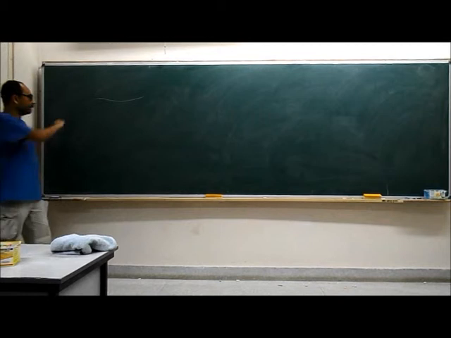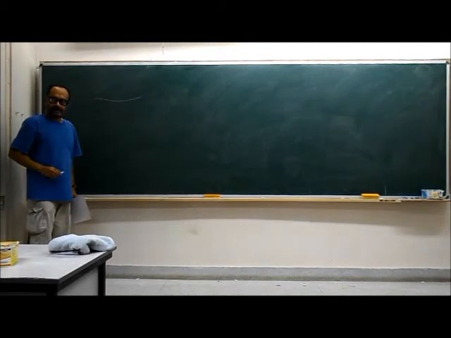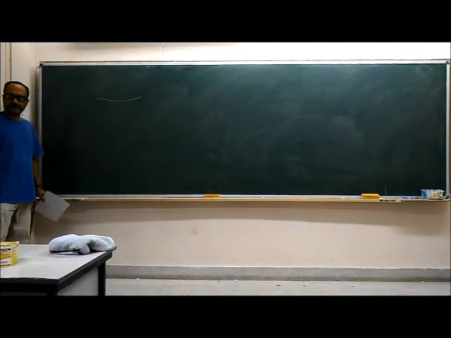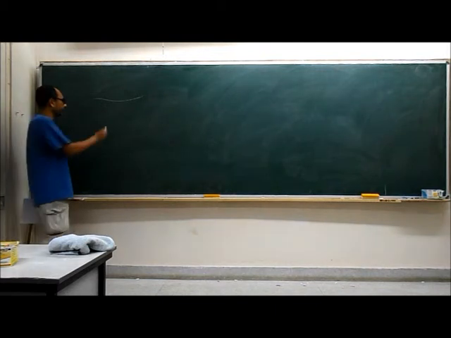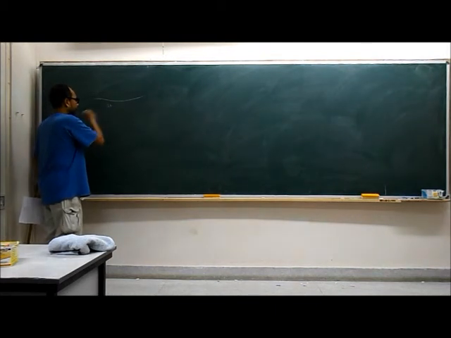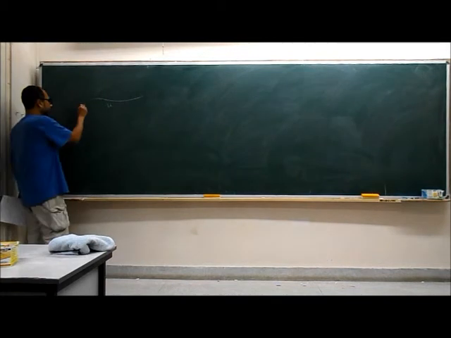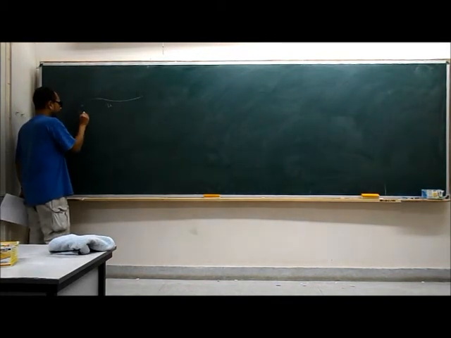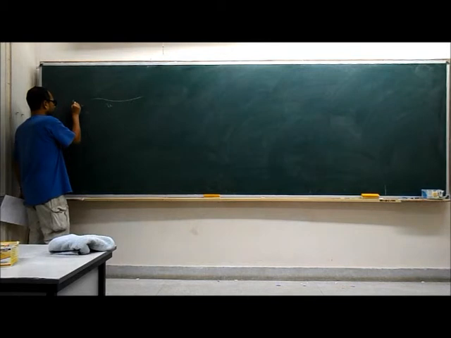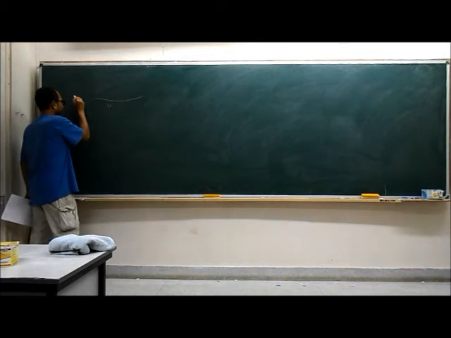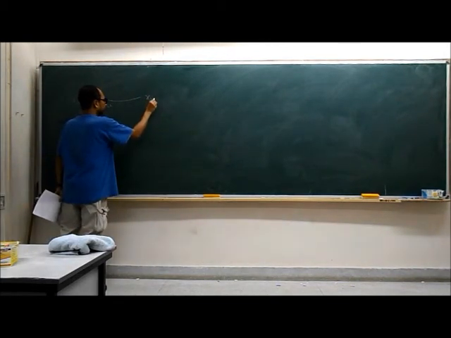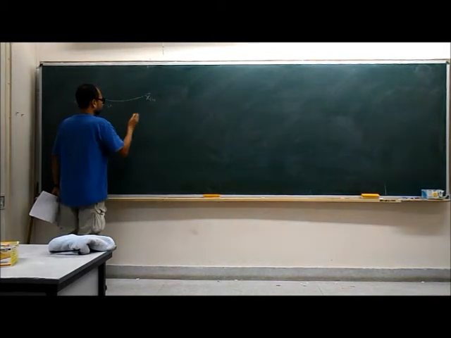So let's imagine that we have some curve in the manifold which is not necessarily a geodesic. It's some arbitrary curve, but we can parameterize it by some parameter u, and let's suppose that u equal to 0 is this point, which we'll call say x1, and here we have x2 at u equal to 1.